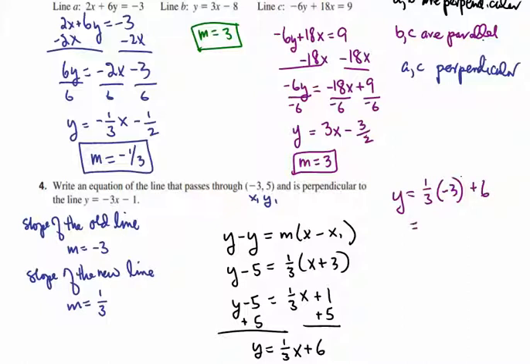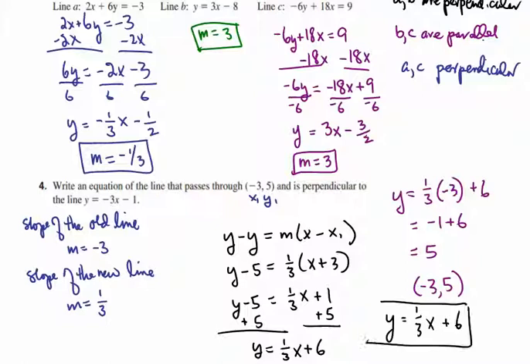And it says to me 1/3 times negative 3 is negative 1 plus 6 gives me 5. And it says that when my x-coordinate is negative 3, my y-coordinate is positive 5, which is the point we want to pass through. And so now I know that my new line, y equals 1/3 x plus 6, is both perpendicular to the original line and passes through the point negative 3 comma 5. So that'll do it for